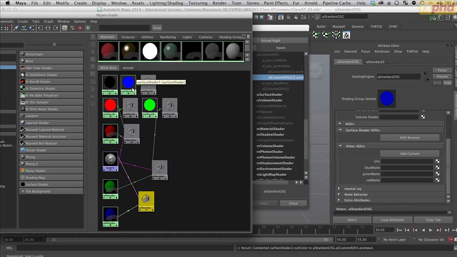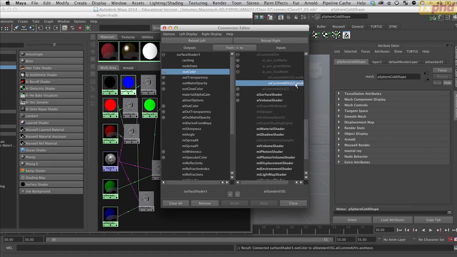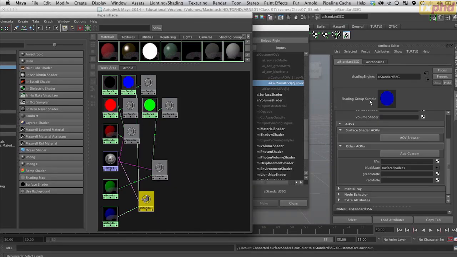So we take this one, middle drag this into the blue, out color, AOVs, blue matte, blue, here into the custom AOV. And again, we check it because it is difficult to get it right sometimes. Blue into blue. Okay. If we go back to our renderer,